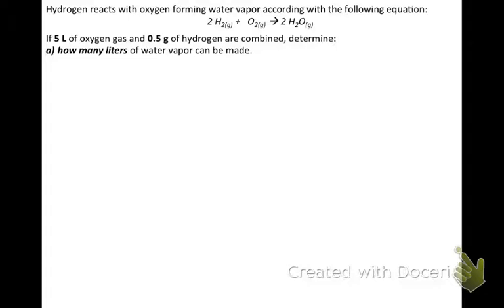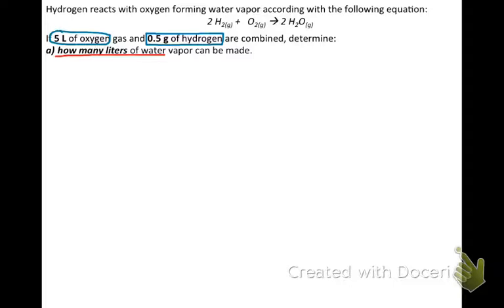Here in problem 2, we clearly have a limiting reactant problem, because as you can see here, you have given amounts of the two reactants, and they are asking you how many liters of water vapor can be made from these amounts. So we said in class that one of the possible procedures we can follow to solve a limiting reactant problem